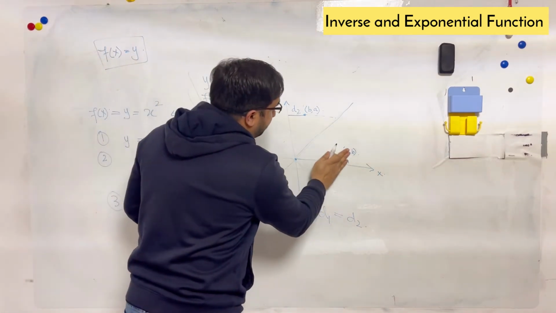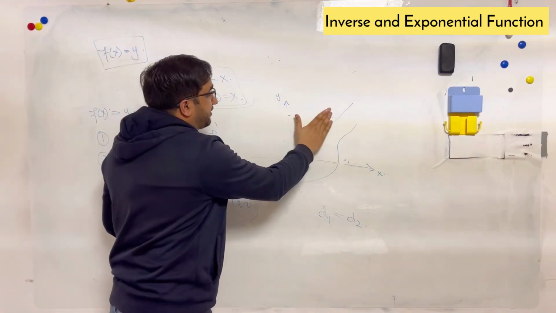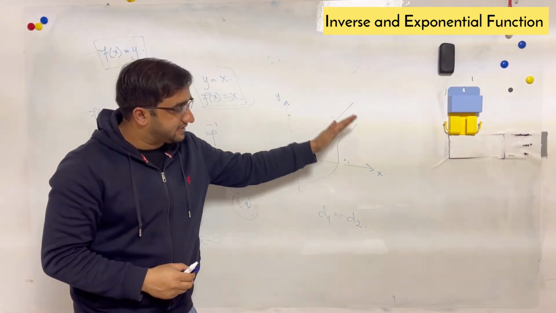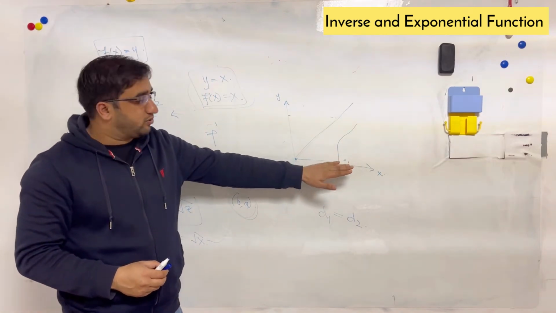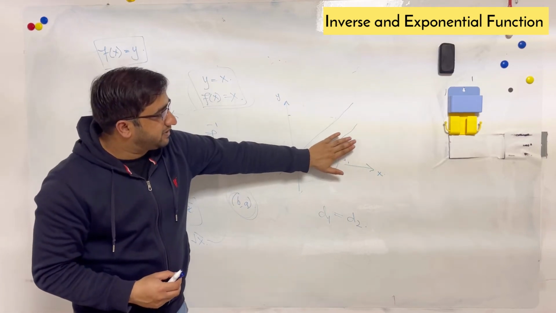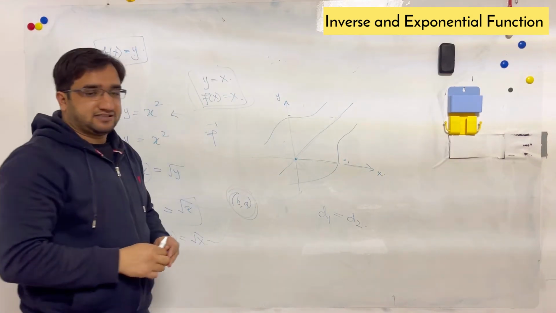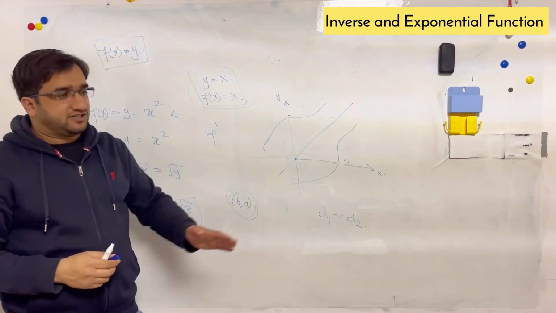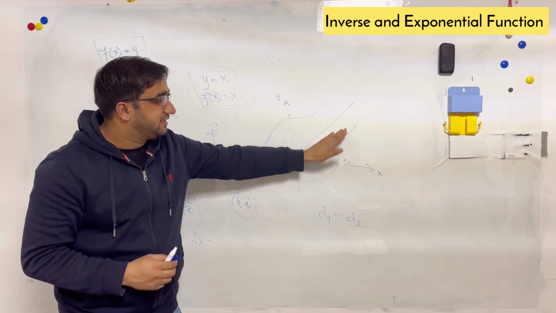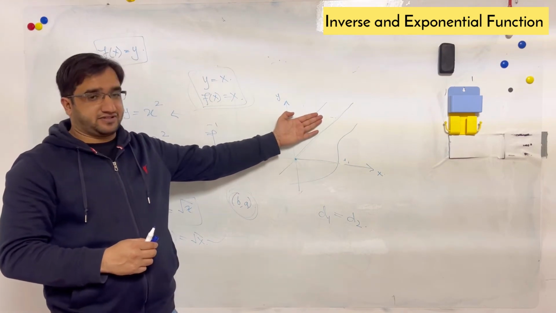So for example, if the function has a curve like this, then what will be the curve for the inverse function? This is the curve for the function f of x on this side of the x-axis. Then I told you the whole thing will be flipped, just like the wings of a butterfly. So if you flip the whole thing to here, your curve will be like this. Understand? So you are flipping from here to here. So your f is flipped into f inverse. If this is the shape for f, then this is the shape for f inverse.